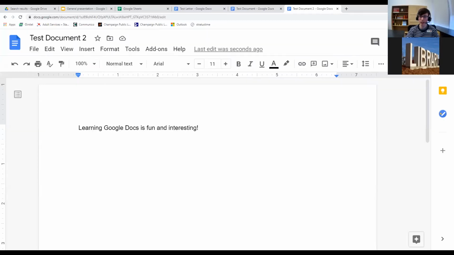And then at the right here in the top corner, you'll see this blue share button. That's really important if you wanted to collaborate with somebody on this document. Say I wanted to share this document with Susan so that she could get in and edit it as well. Say we're both working on a project and we both want an easy document that we can throw ideas into, or a document that we can both edit. This is a way we can do that. I can create the document and then share it with Susan, and then she can make edits, and then I can make edits in the same document. Super easy. So if I click on share,